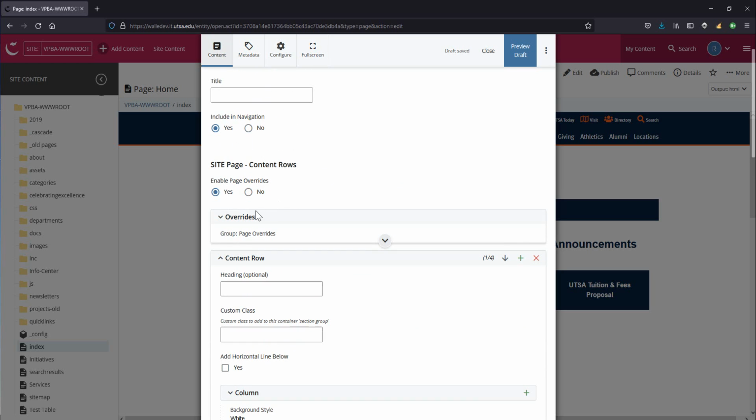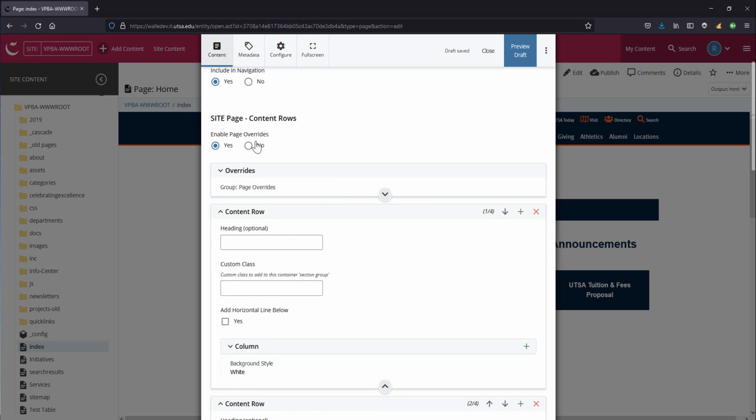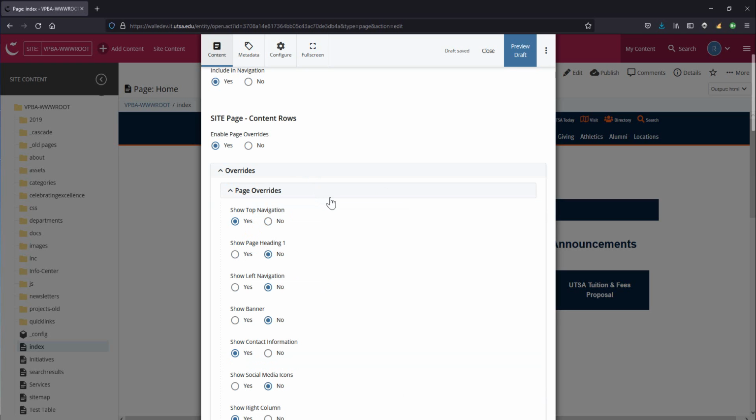And this is a section in the form where you can choose, for example, if we want to enable page overrides. And this is very helpful, because there are times when you want to have some custom features for a website. Maybe we want to add a component to the web page, like a banner, or let's say we want to add